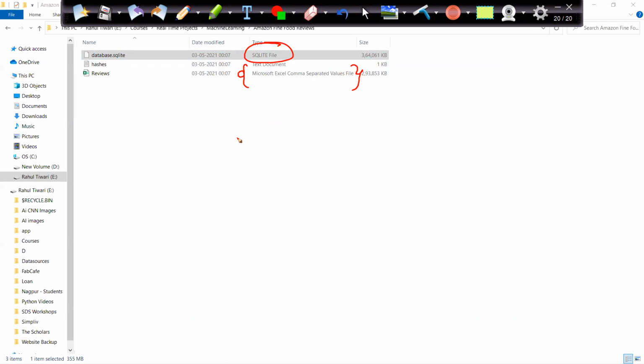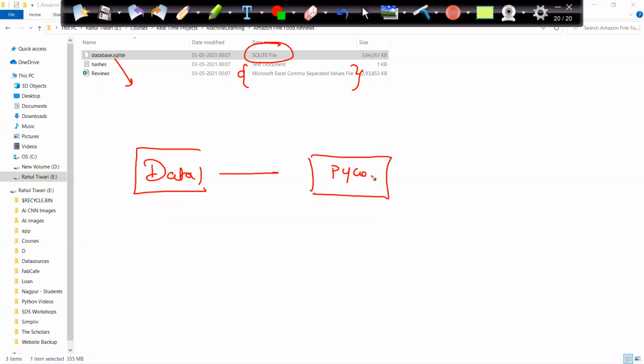For this, I have to write certain code where I tell Python to create one connection which will help me read this data. Suppose this is my data, and I have written the Python code. I have to create one connection with SQLite so that if I run this code, it will hit the database, get the data, and put it in Python.